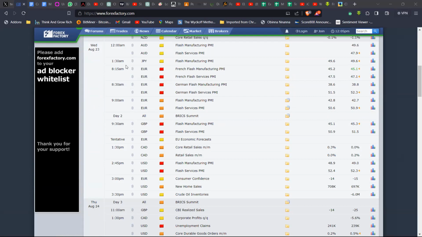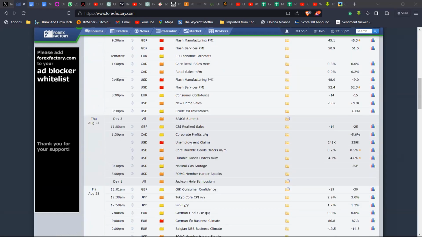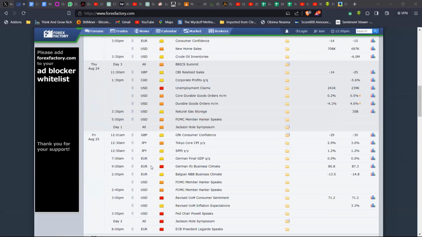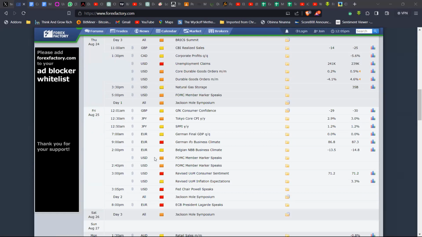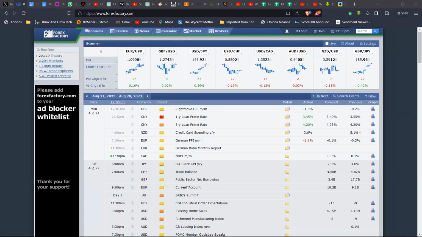You can see the time when those news will be released. So you should probably stay away from the market, or manage your trades as they move. Then on Thursday we have the 1:30 p.m. unemployment claims from the US, that's the USD. And on Friday, we also have some high impact news from the euro, the USD, and some other pairs. So that's the breakdown of the expected fundamentals for the week.